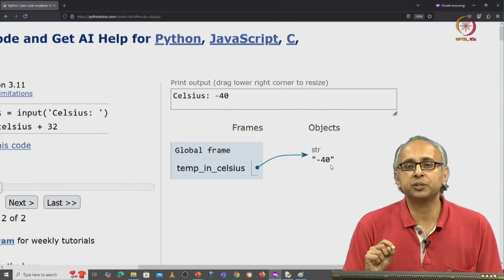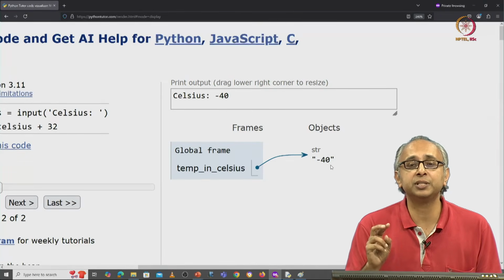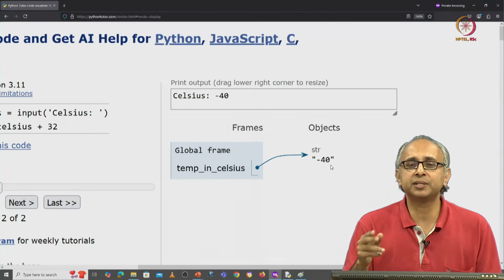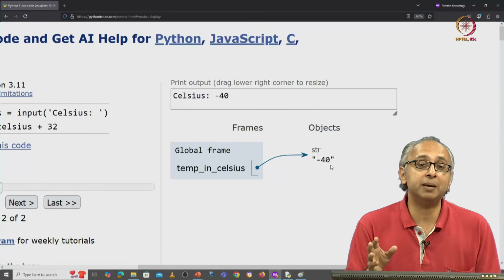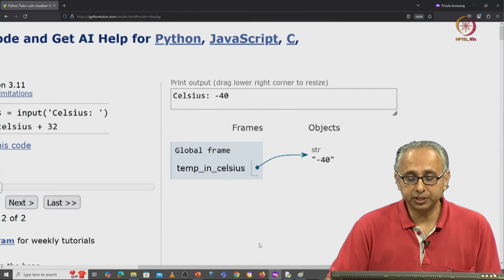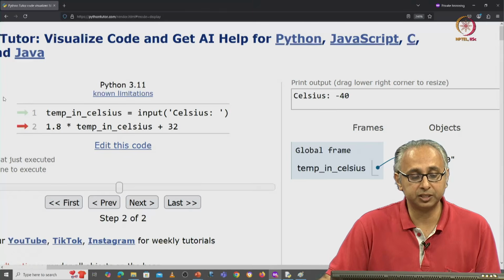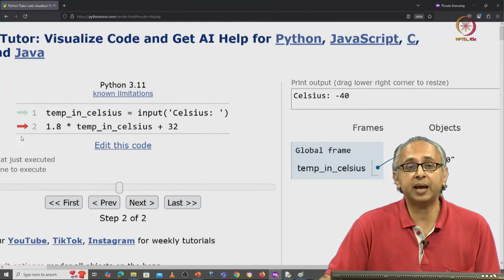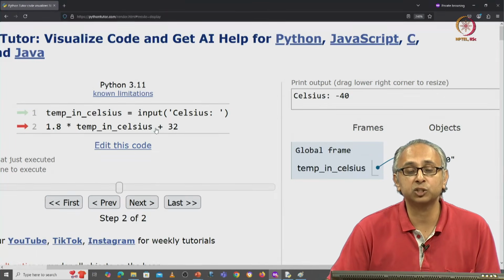In the REPL, if you were to take a look at the string, you would see it in single quotes. Here it's in double quotes. Remember, this doesn't really matter as long as you use the same type of quotes to begin and end. So this concludes the first line. The first statement has executed successfully. The red arrow has moved to line 2. And that is where we are actually calculating this expression.